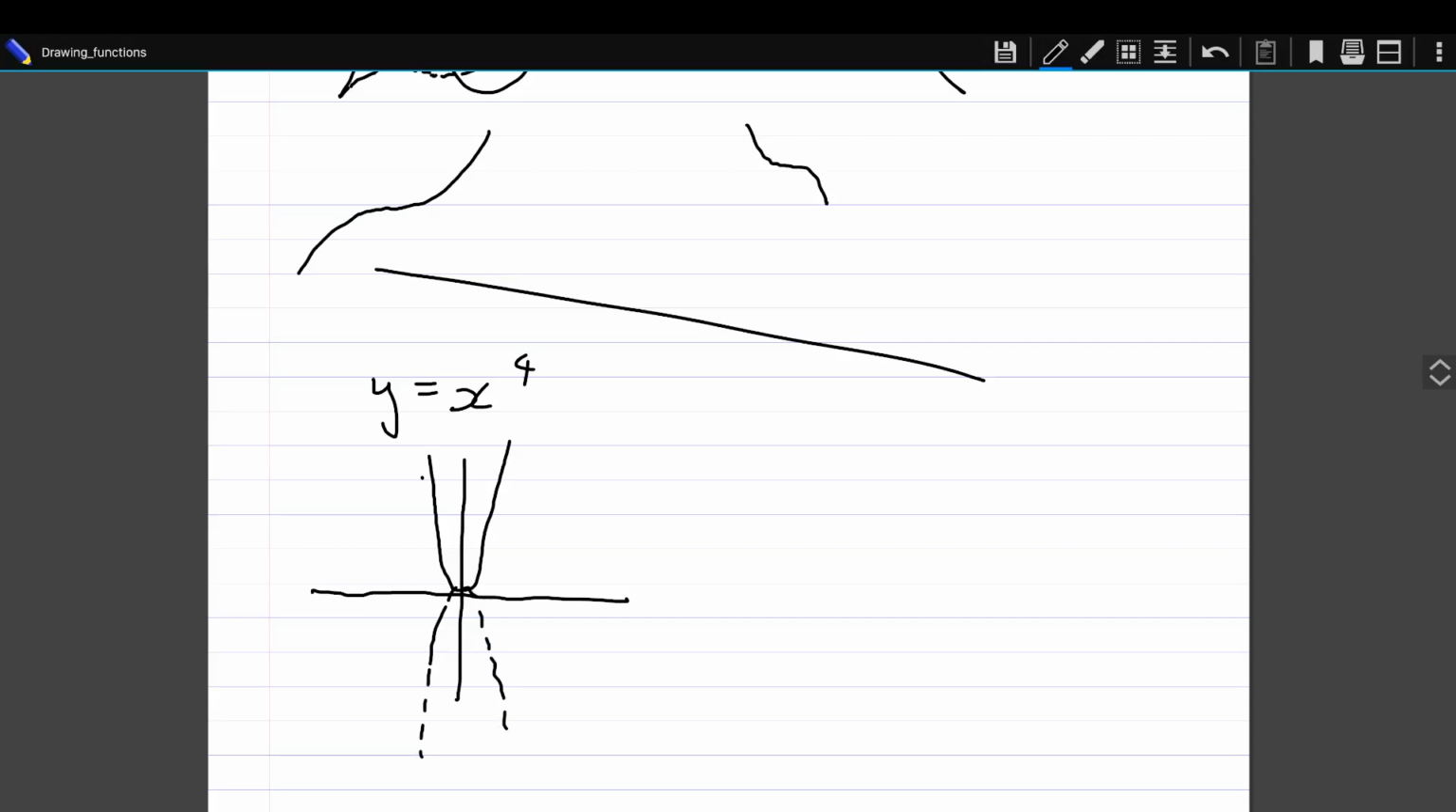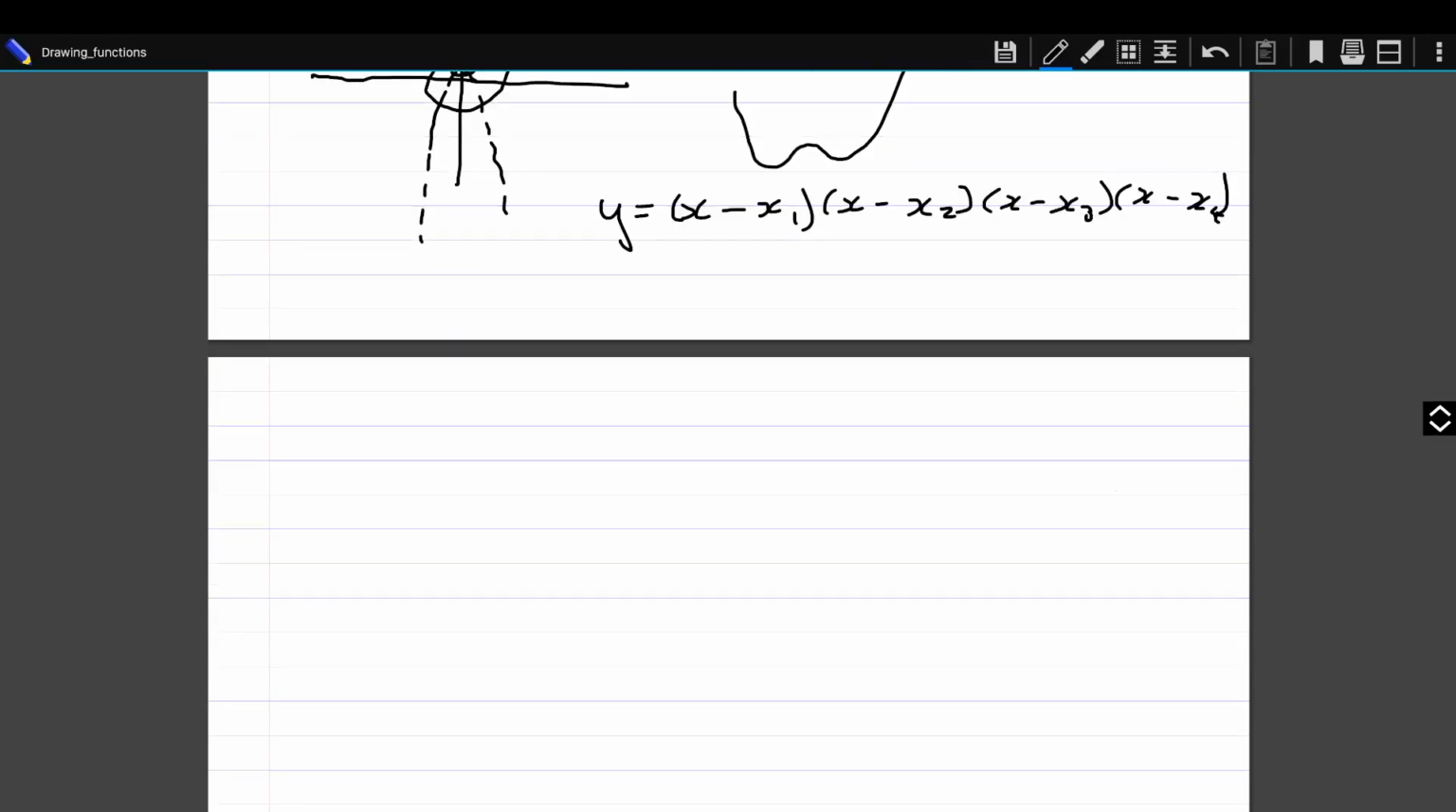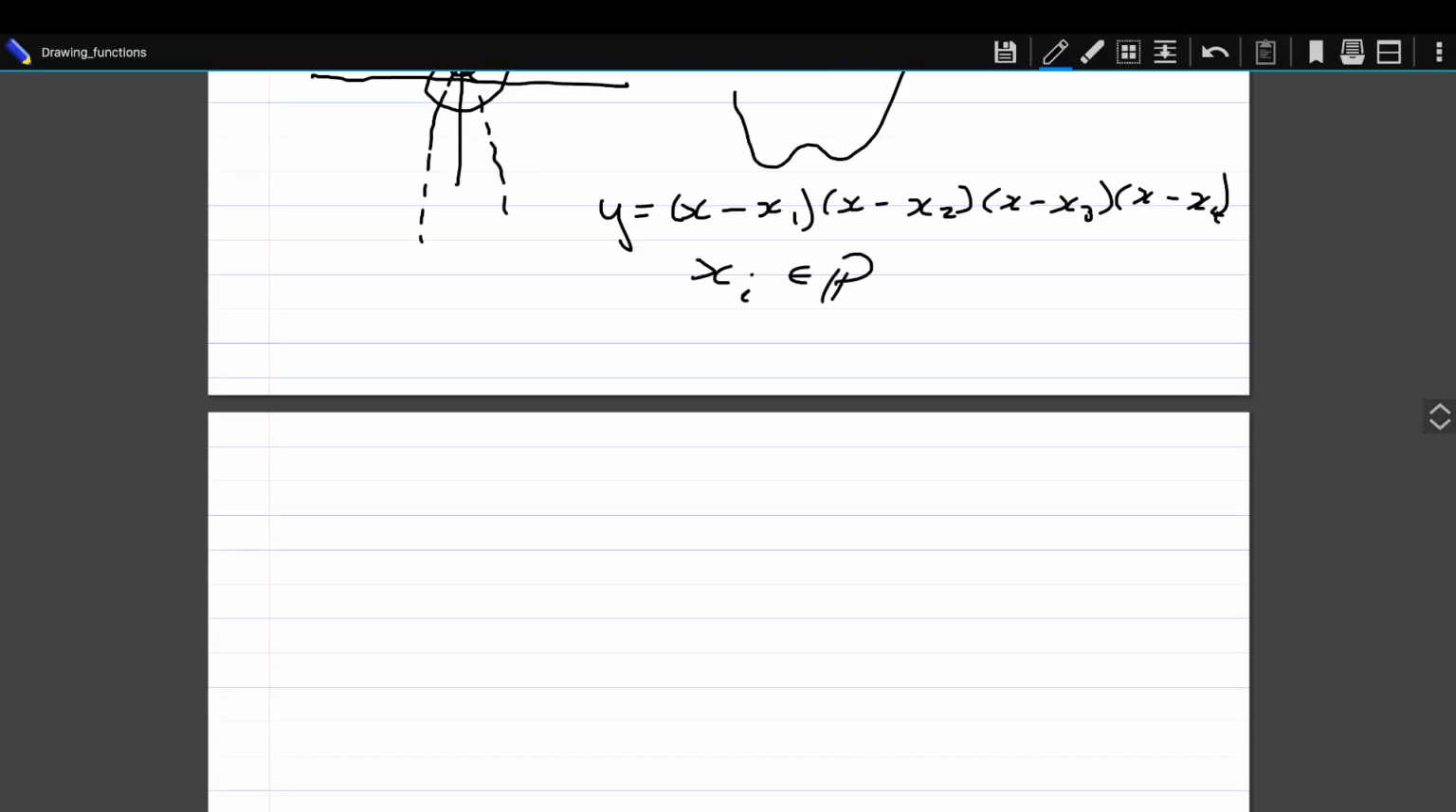But this function can get a lot more interesting if we zoom in on this bit here. Now, what you can think of is that function kind of makes an infinitesimal wobble there. And in fact, if you start adjusting the function slightly, that wobble is going to increase. So for instance, if we have a function of the form x minus x1, x minus x2, x minus x3 times x minus x4, where let's say all of these values are real, then you're going to have a function looking more or less